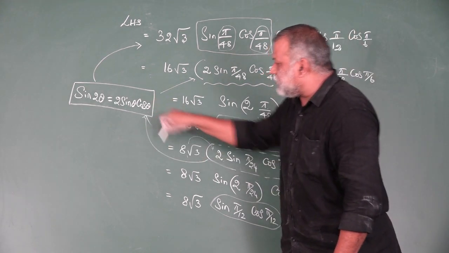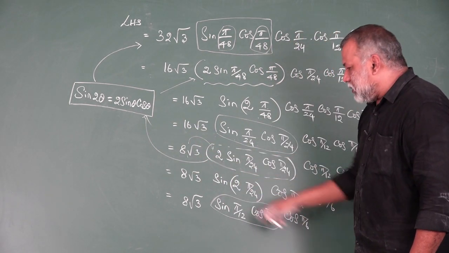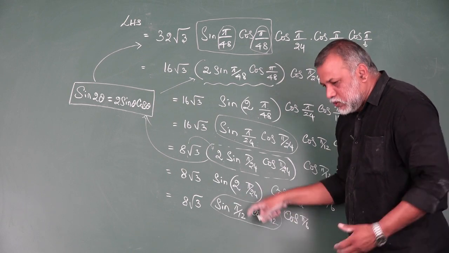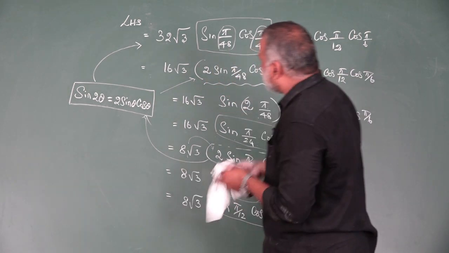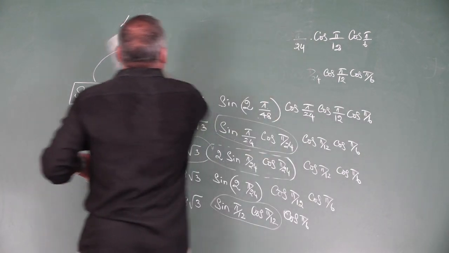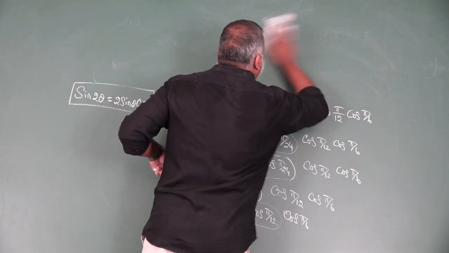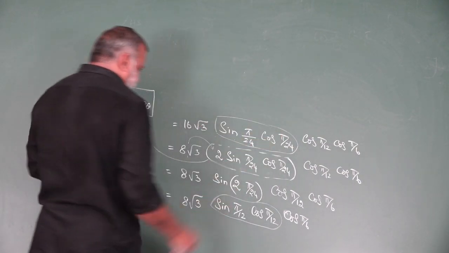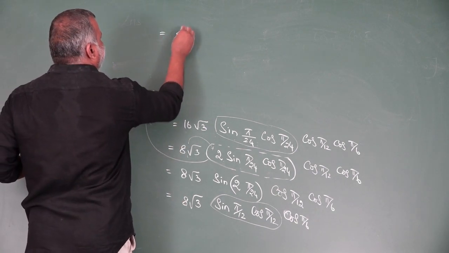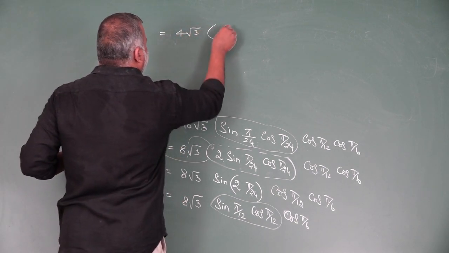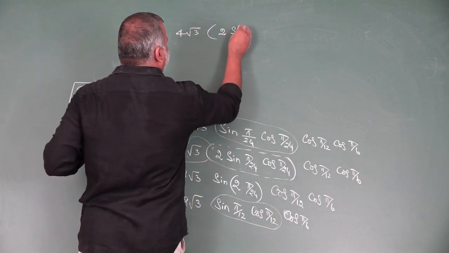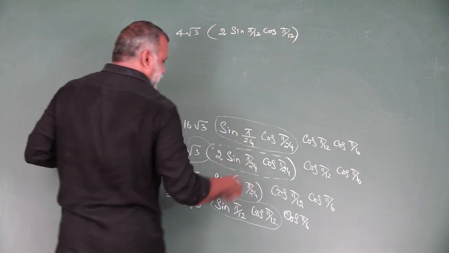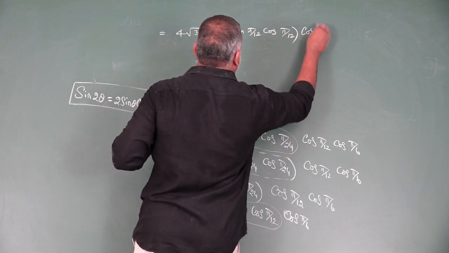It is in the form. Relate with this one. Again we can get now. Again see this one, sin pi by 12, cos pi by 12. We need one more 2 here. Now I am going to work out that concept. So once again, I am splitting that relation. Now see here, 8 root 3 can be simplified as 4 root 3. The remaining one more 2 here. Then already we are having sin pi by 12, cos pi by 12, then the remaining is cos pi by 6.